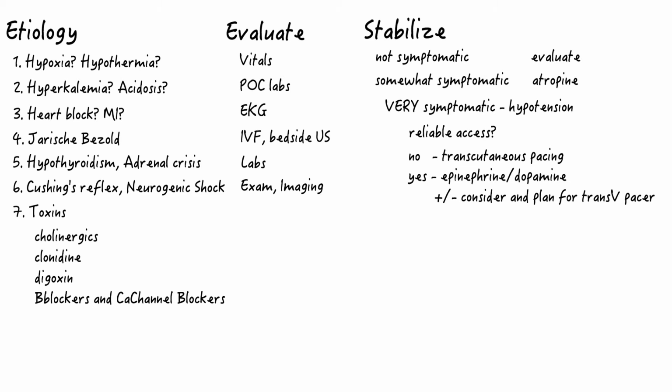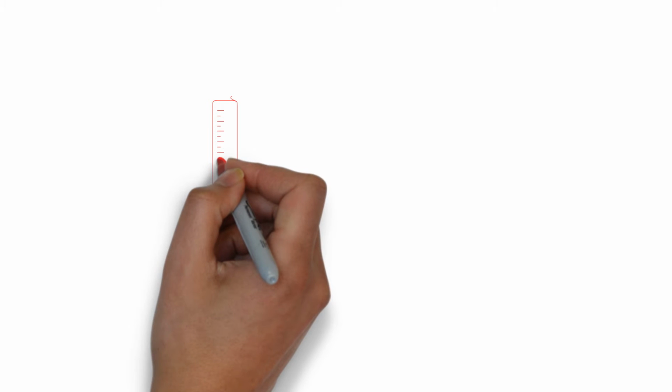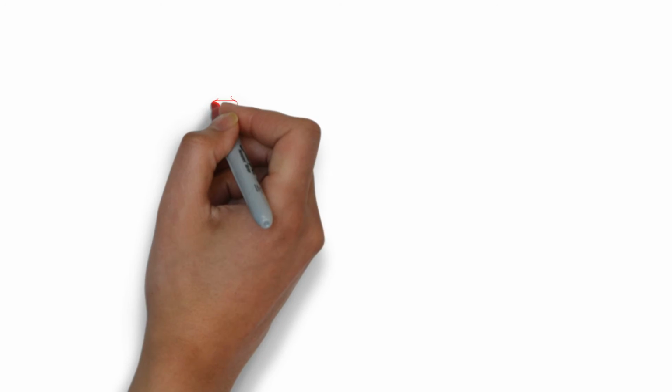Chemical pacing is usually the fastest to set up and best tolerated. ACLS recommends epi drip or dopamine drip for chemical pacing. I personally favor push-dose epi over drips in the acutely unstable patients. Drips take a while to set up, time to titrate to effect, and occupy a line, precious real estate in the unstable patient. To make push-dose epi, take a 10 ml saline flush, eject 1 ml, and draw 1 ml